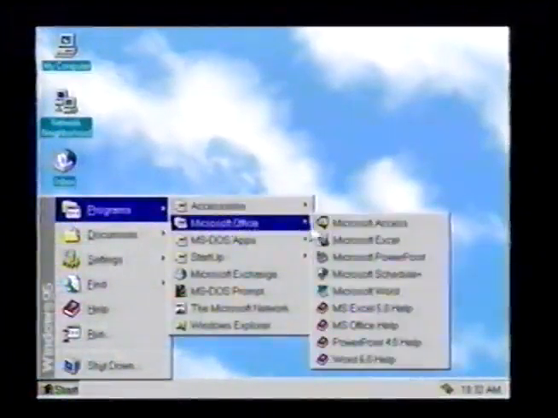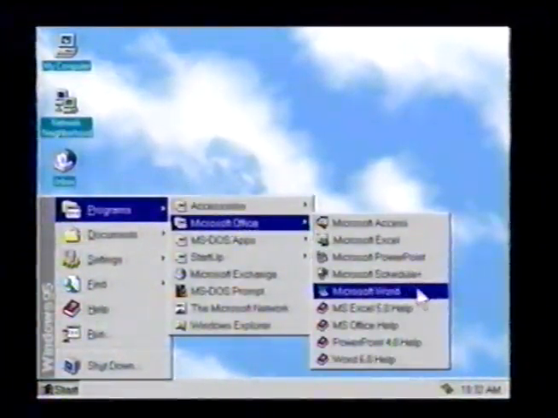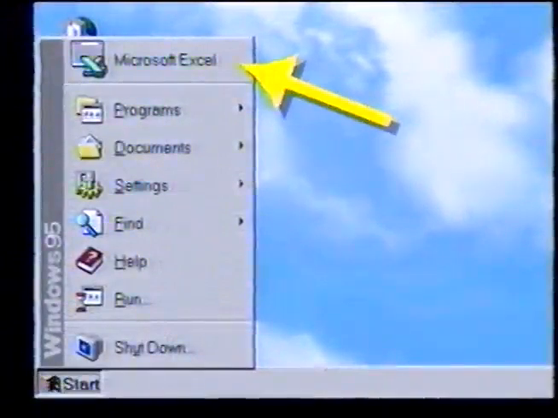We should take a minute or two to review what we've covered in Learn Windows 95 Getting Started. We've learned there are a lot of great reasons to use Windows 95. It lets you work the way you want to work, do more things better with your PC than ever before, be more productive, and have more fun. We've also learned all about the Windows 95 user interface, how to start programs and open documents through the Start menu, and how to customize the list of programs and documents that appear in the Start menu,